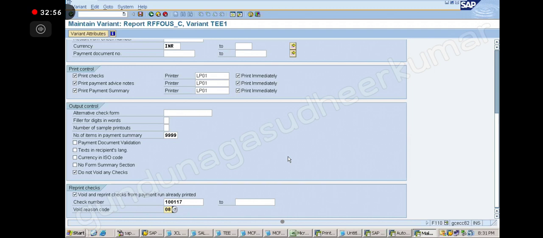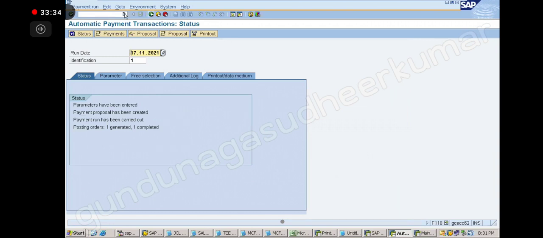On top of that, there is a do not void any check option. We need to uncheck that, right? That is for the automatic. That is a different story. That is for the output control, leaving one check between runs, no, sir? Correct, you are right. That is form closing. Okay, thank you.